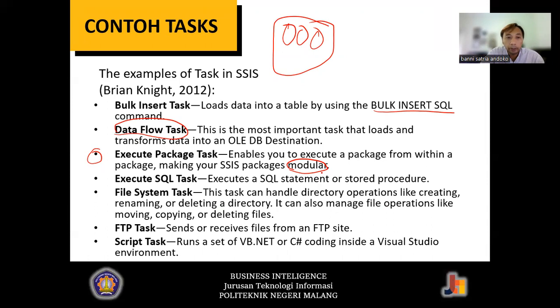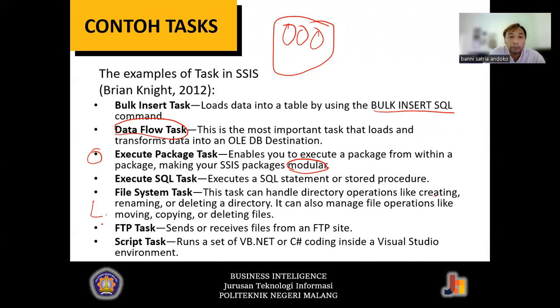The next one is called the file system task. This task can handle directory operations like creating, renaming, or deleting a directory. It is also able to manage file operations like moving, copying, or deleting a file.